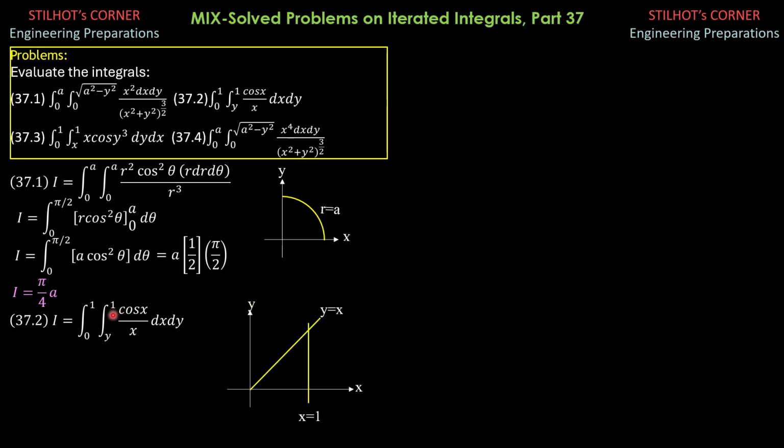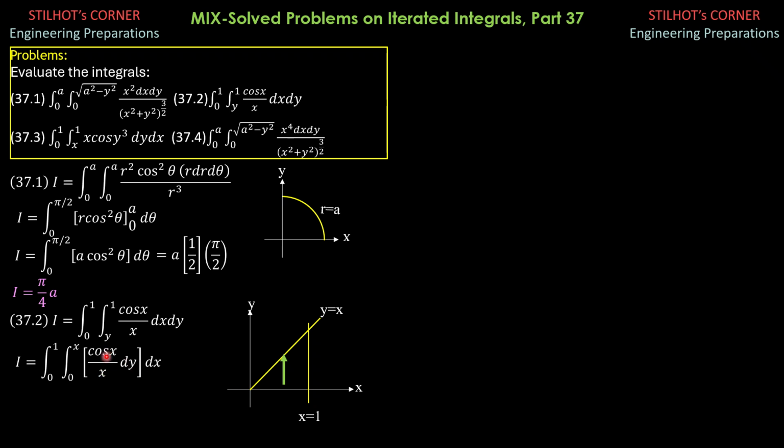So the upper limit x, 1 is x, which is this vertical line here. y is x, which is that line there. Since we change the order of integration, the final variable would be x. So we have a vertical strip as shown, so the limits for x would be from 0 to 1. This is still 0 to 1. And for y, y is 0 here, and y is x, so 0 to x. So that would be I equals the integral from 0 to 1, 0 to x of cosine x over x dy dx.